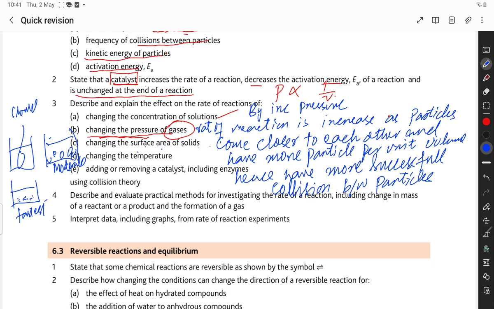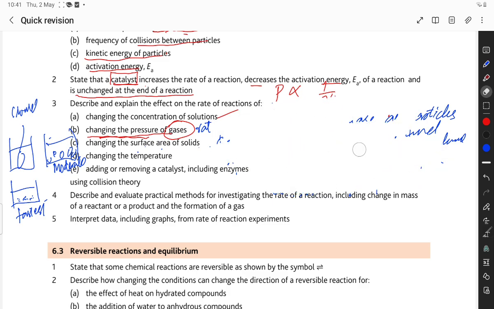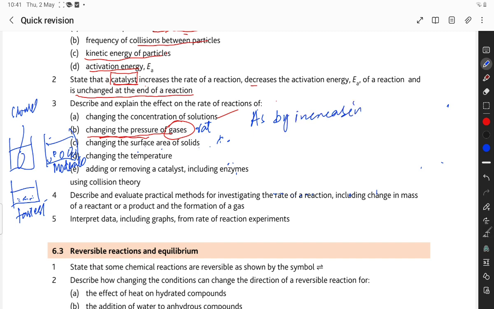By increasing the surface area to volume ratio of solid, the rate of reaction is increased, because more particles are exposed as by increasing the surface area of solid particles,